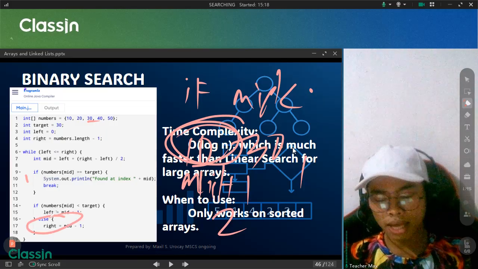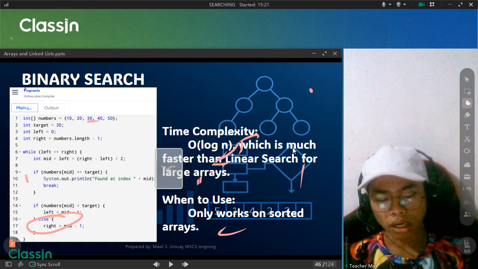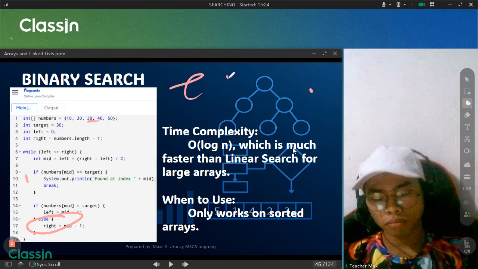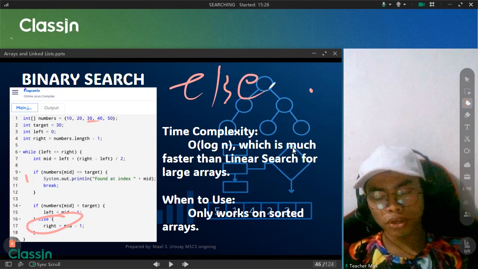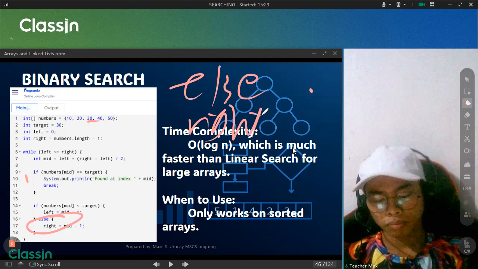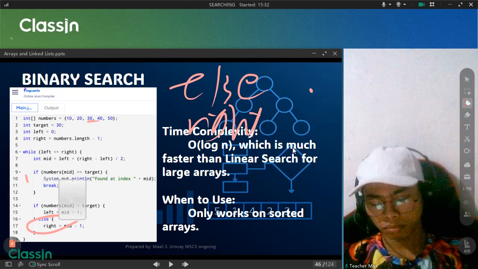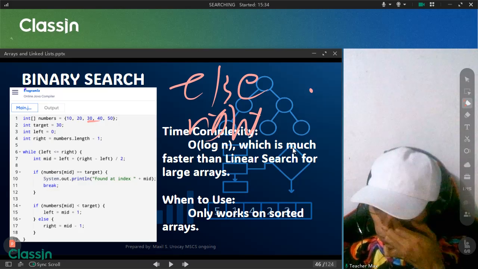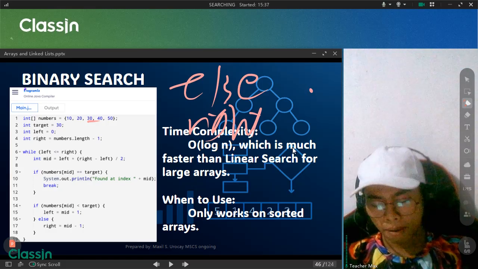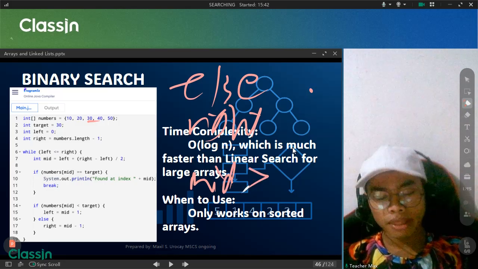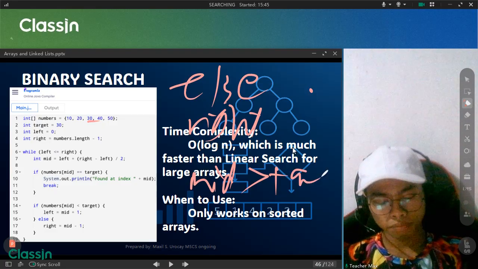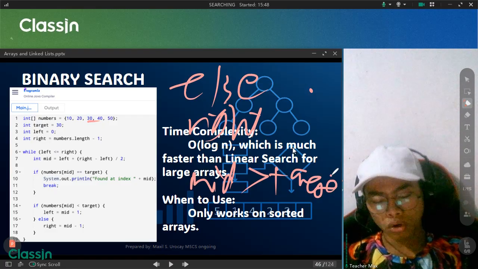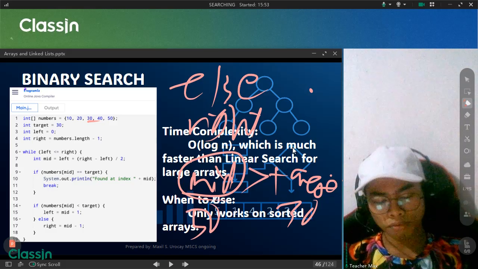And else, right equals mid minus 1. How does it work? If the mid is greater than the value of your target, for example, your target is 30 and your mid right now is 50, then 50 is greater than 30.